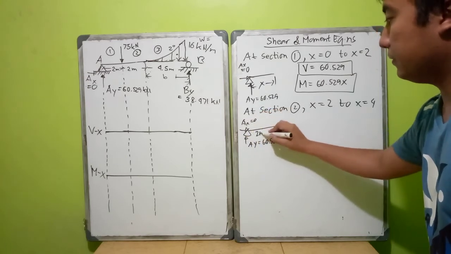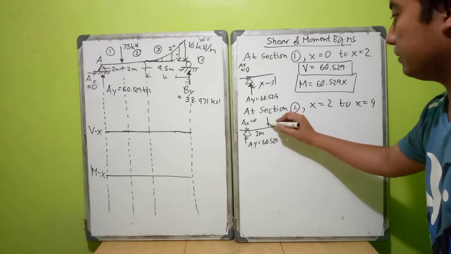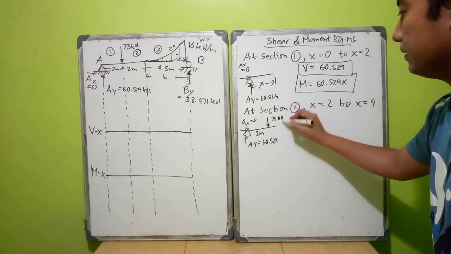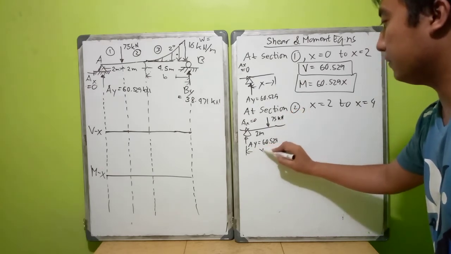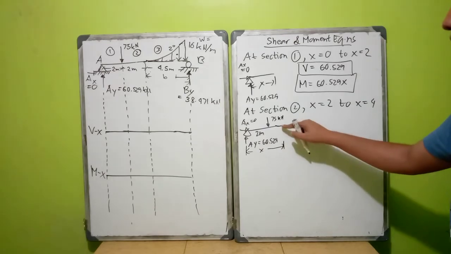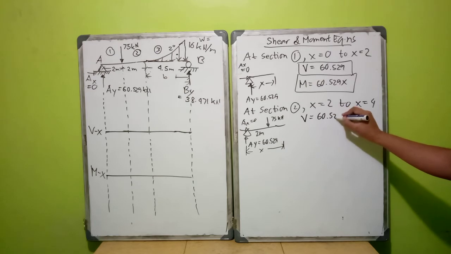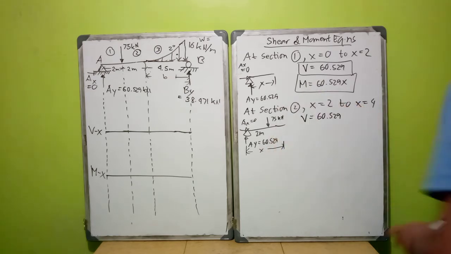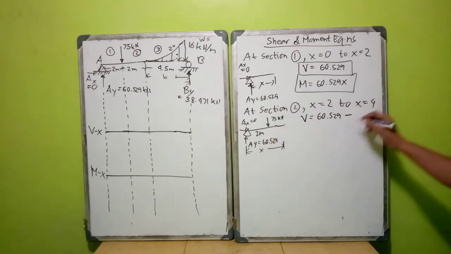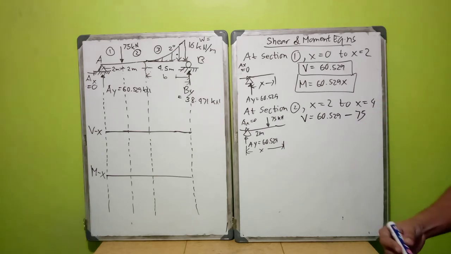But somehow after 2 meters, there is 75 kilonewton loading. And then this is your whole duration of x. Okay, so your shear here is 60.529 upward, and then this downward force is 75. Okay, so please